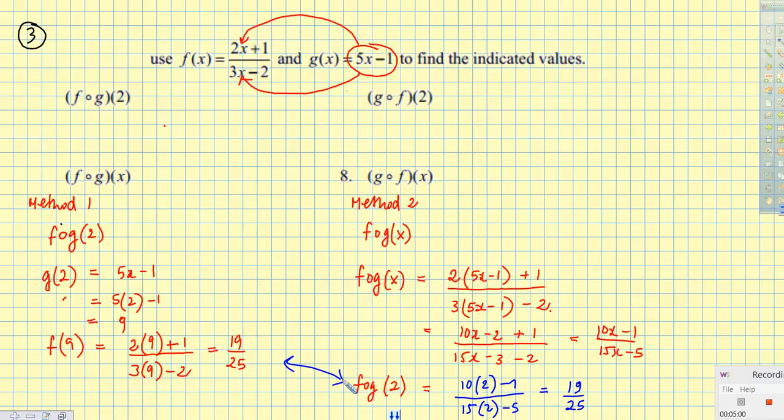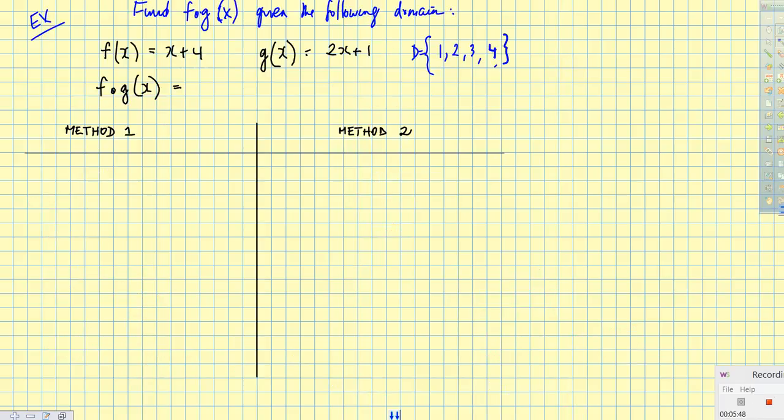And so all I did was I said, I'm going to insert my domain of 2 into the g of x function first, and that range that comes out of there, which is 9 in that case, once it gets inserted into the f of x function, it becomes the domain of the next function to get then the corresponding value of the range of the combination of the two functions, which is still 19 over 25. Okay, so having said that,